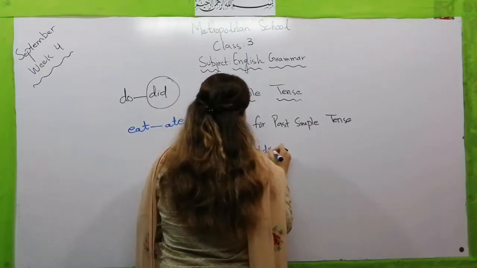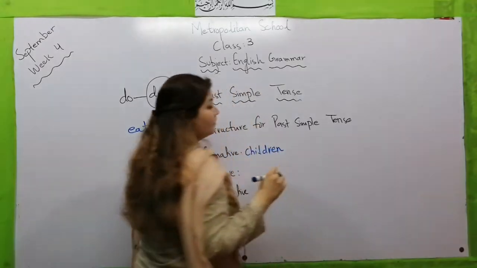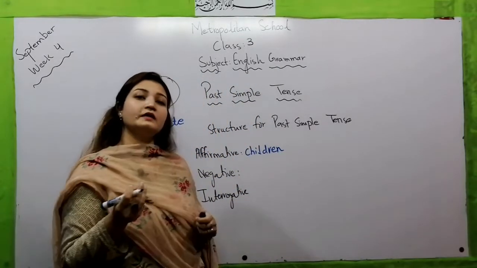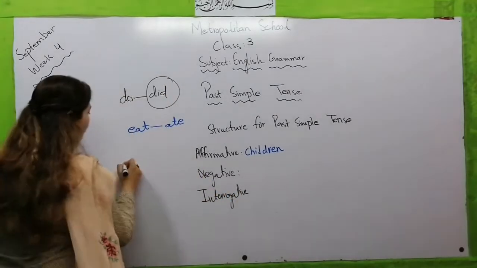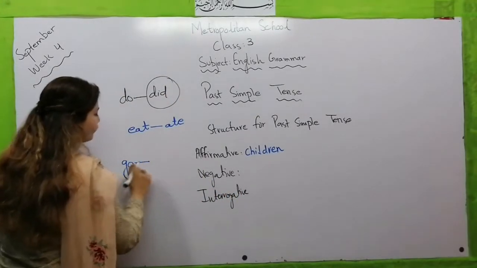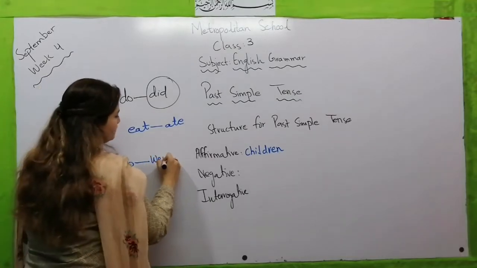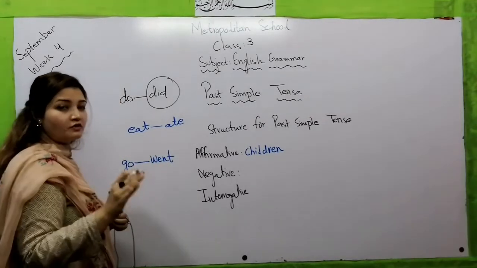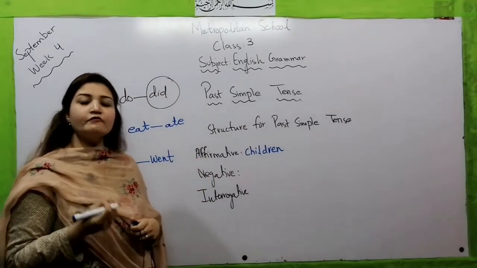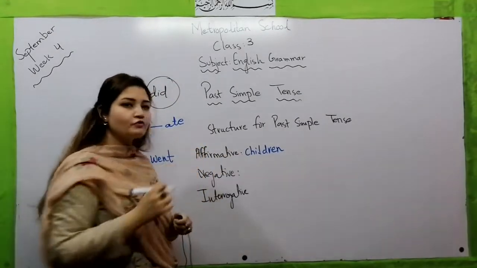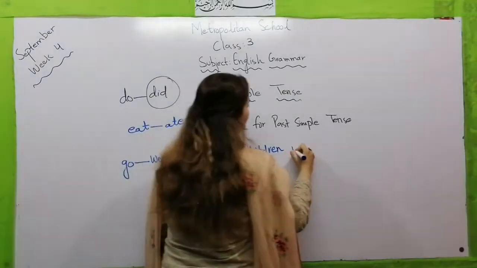Children. We are talking about something that has gone somewhere. गए means go. And the second form of go is went. So according to the structure for the affirmative sentences, we have to add the second form of verb. So what we are going to write down here? Children went